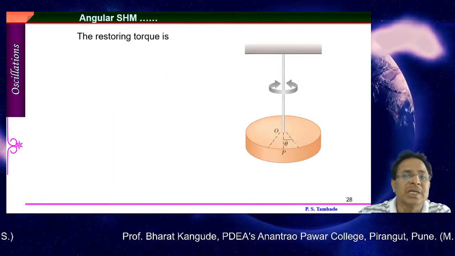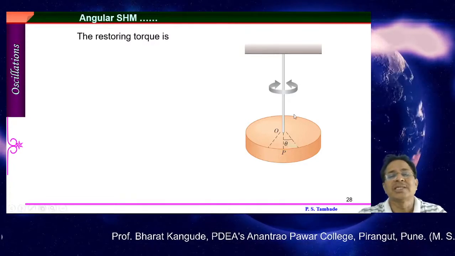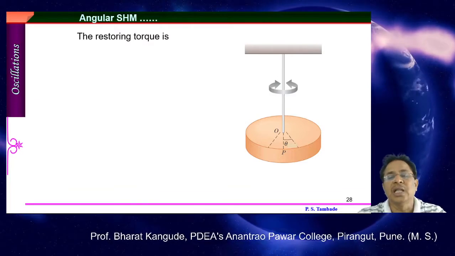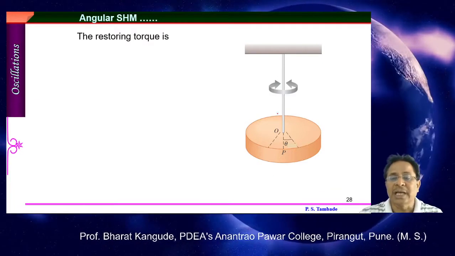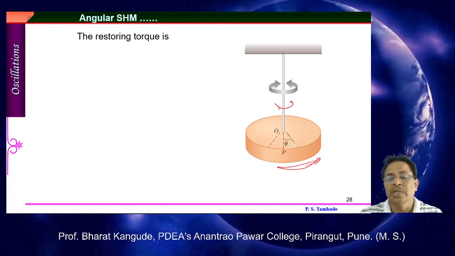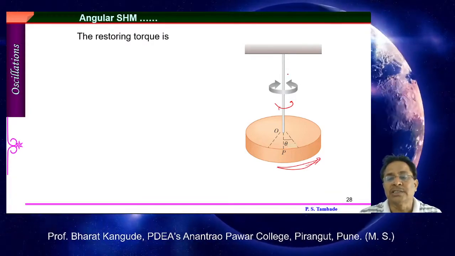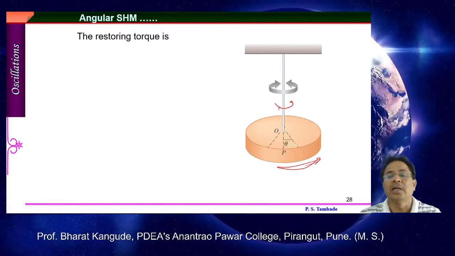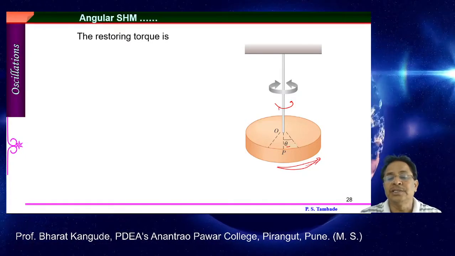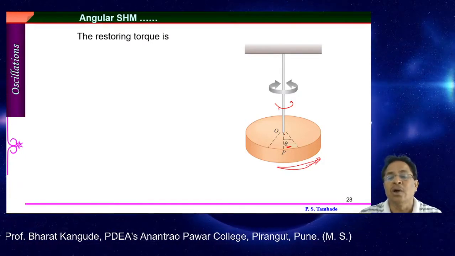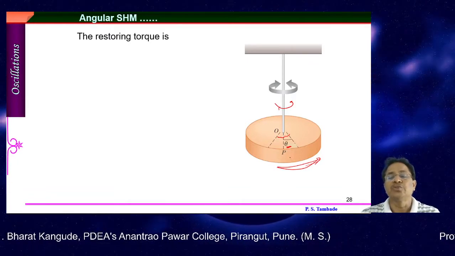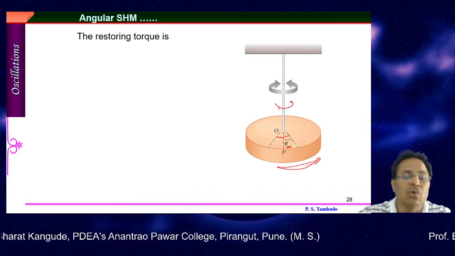An example of that can be given. This is a pendulum called a torsional pendulum. A disc is attached to a certain wire, and this disc is allowed to rotate about this axis. So this type of rotation is allowed, but this motion is not allowed this way. This disc is rotating about an axis passing through its center, which is also parallel to this particular wire, and this theta here is called the angular displacement. On one side how much displacement there is, on the other side how much displacement there is, this angle is to be measured, and based upon that we can go for the following calculation.